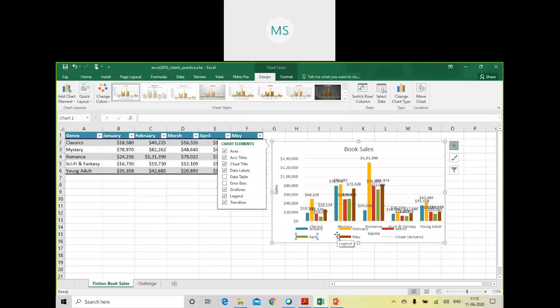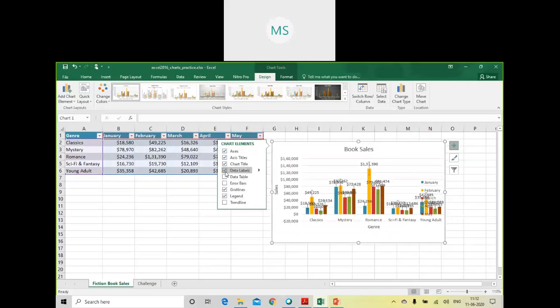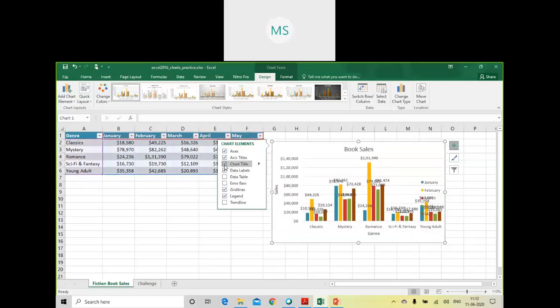So that is what trend line consists of. These are the various options which you can use, and I will remove these axis titles.